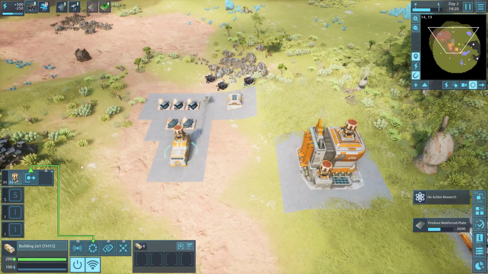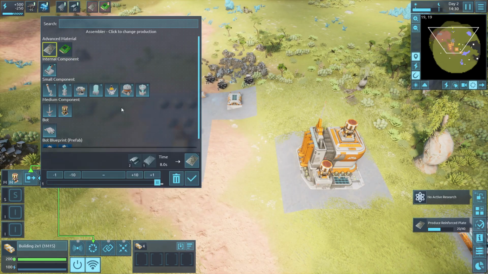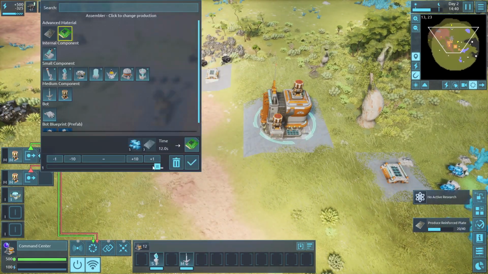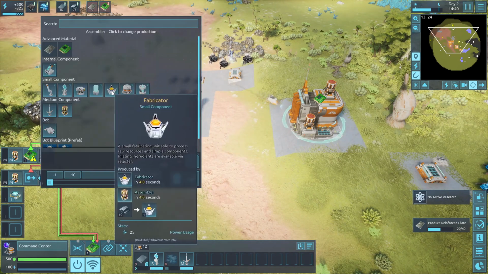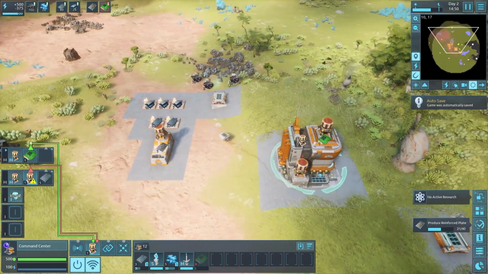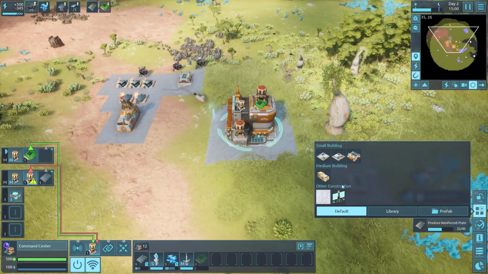And now we can get into the mass production of reinforced plates. Hooray! That's really, really good progress. And we're going to be producing ourselves now some of these good things and another assembler. Oh, wait a sec. I actually want 2 of these because we're going to go right into the next production